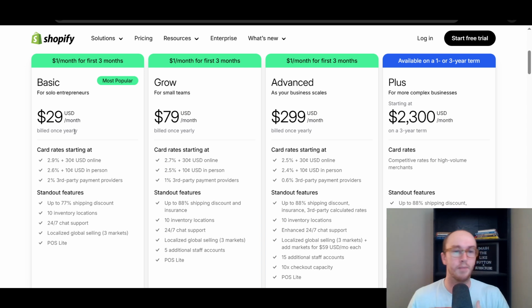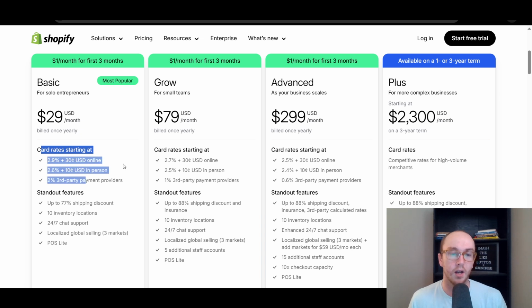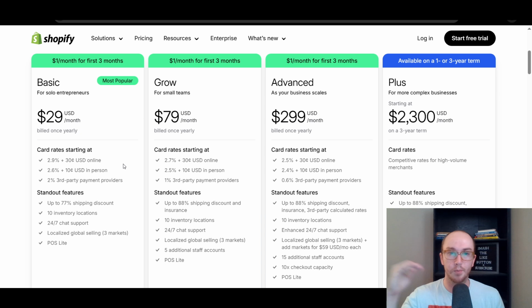What's the biggest comparison here? So number one, you're going to see the card rates are going to be a bit different. The pricing of credit card processing fees and rates are going to be cheaper the higher plan you have. So if you're looking at it just on a fiscal or a financial basis, and you do process at least